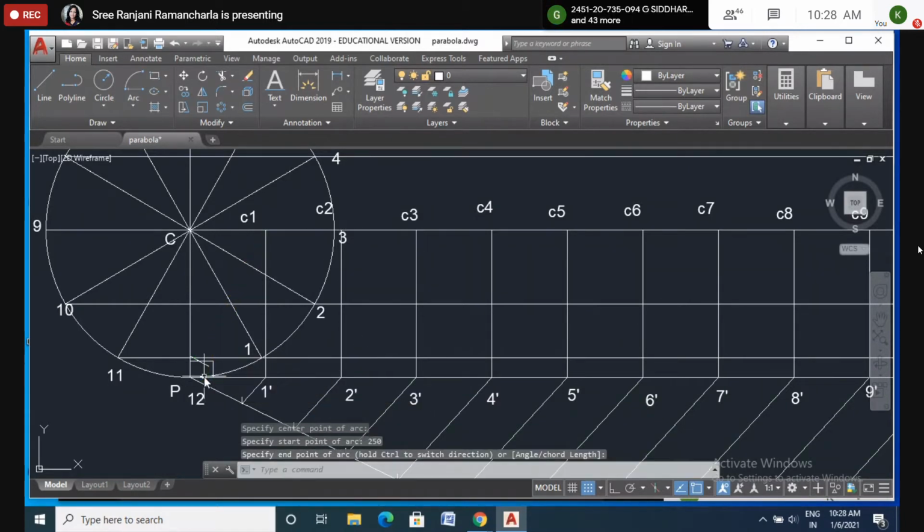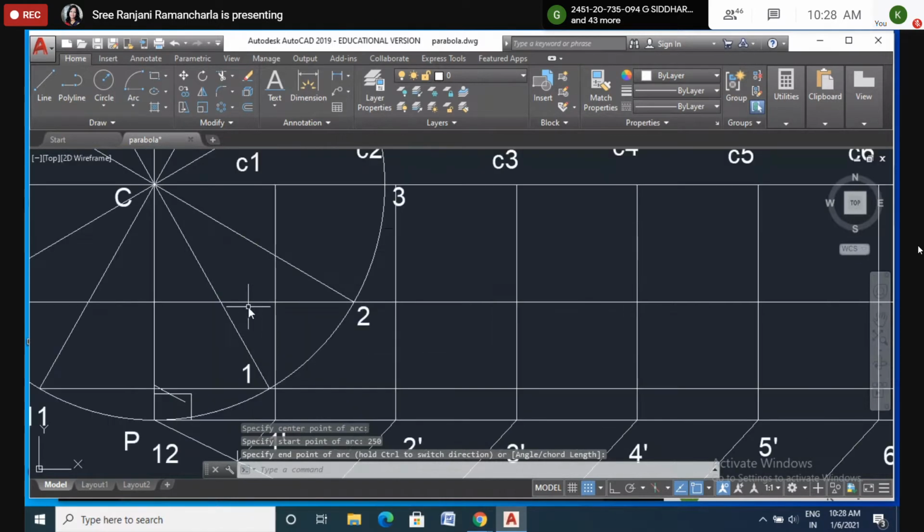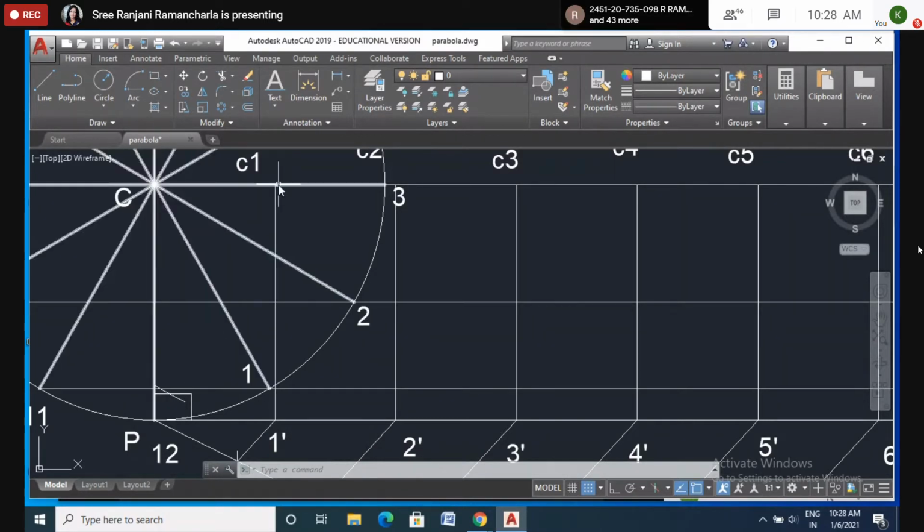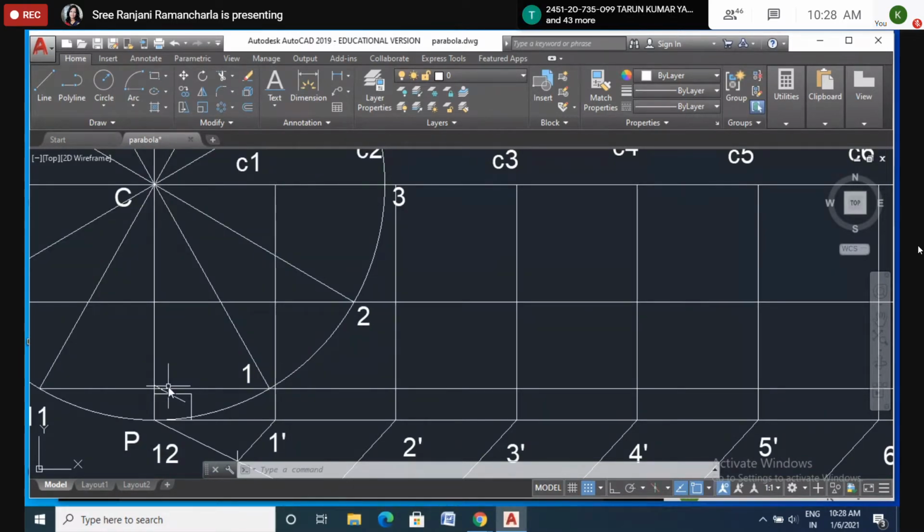Now I cut this. Can you see this curve here? Yes or no? Yes, ma'am. With compass, you also do like that. C1 as a center, 2.5 as a radius. Cut this line, the line which is passing through point 1 here. So this becomes P1 now. I will later on write P1, P2, P3. This is the intersection point.